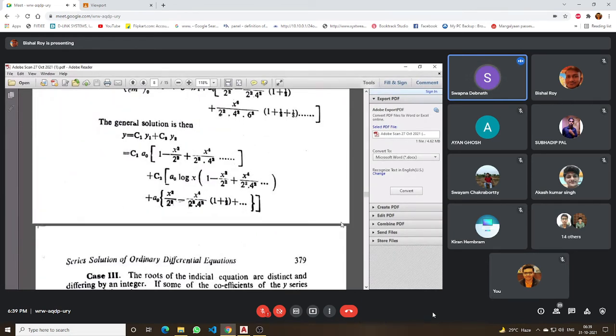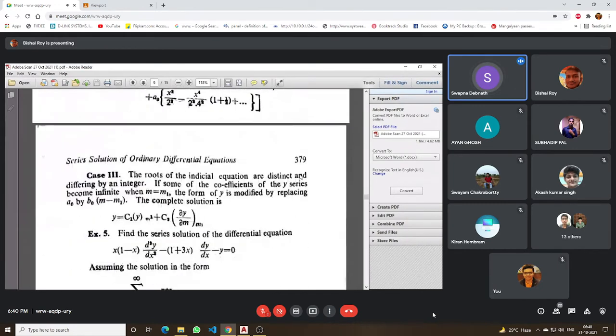Therefore, even if the calculations are long and you cannot finish within time, at least write the general solution so that you will get some marks. If it is a 10 mark question, perhaps 1 and 1/2 marks will be deducted and the rest of the marks will be given. Therefore, do not leave it. If there is no other problem, you can attempt this one and write the solution at least.